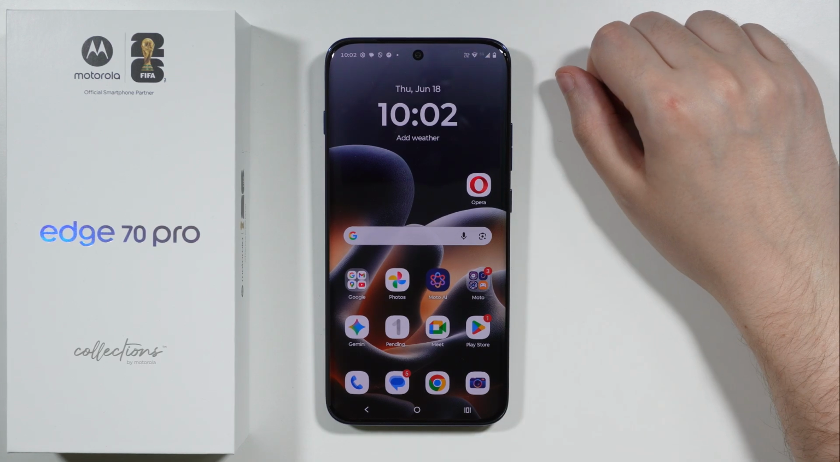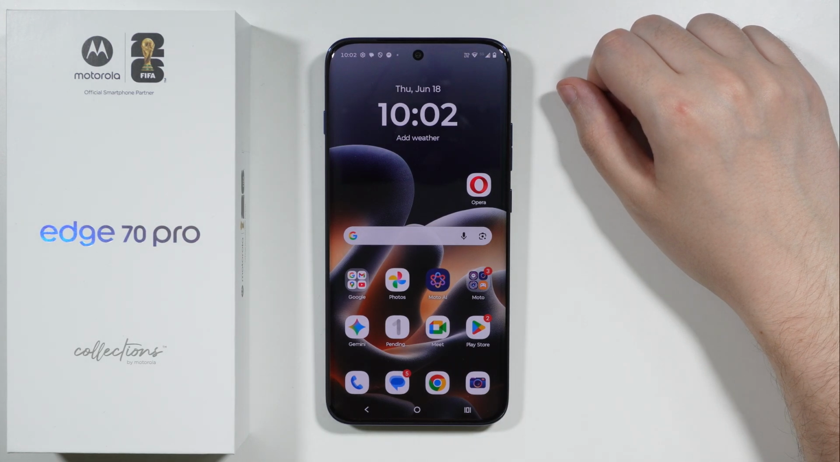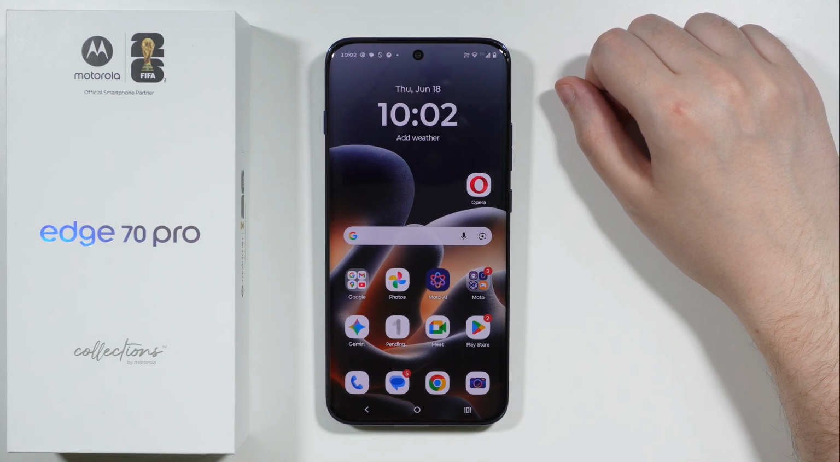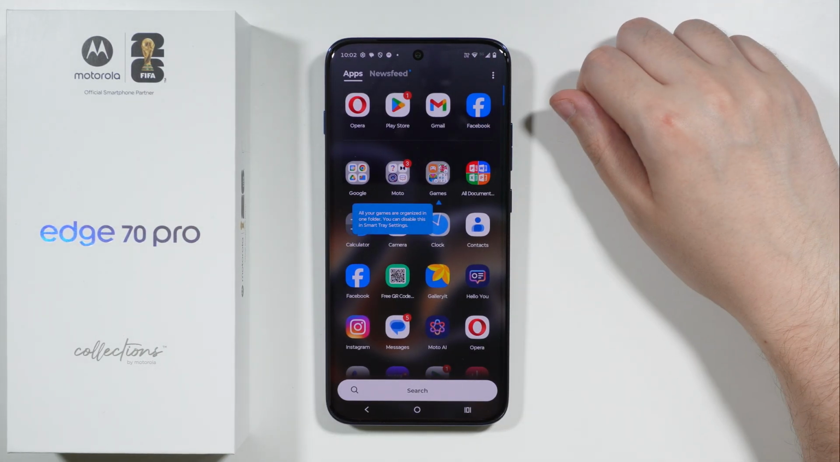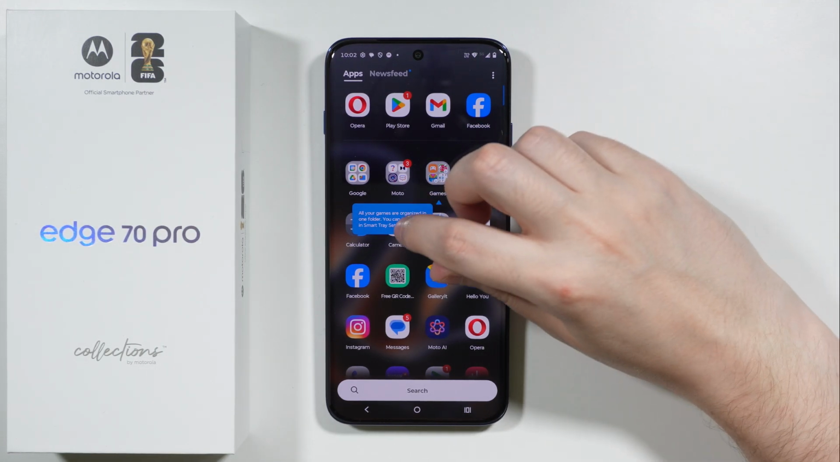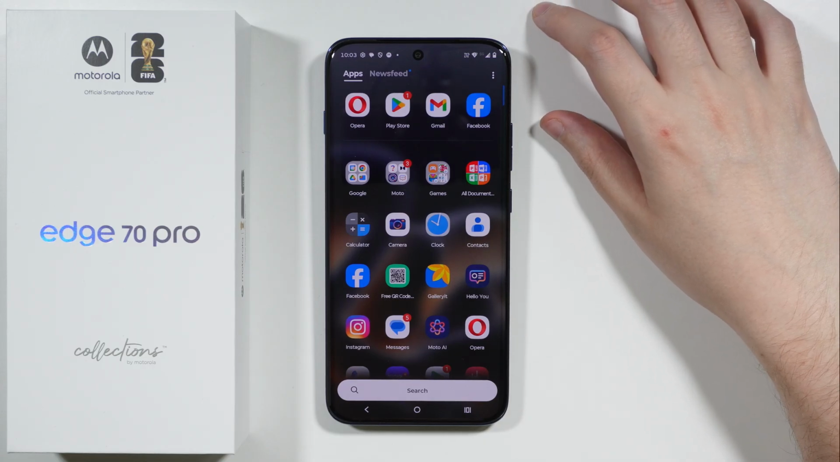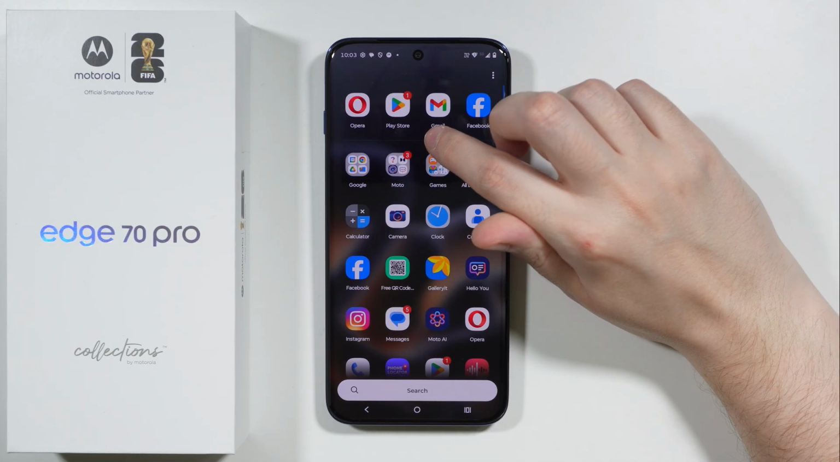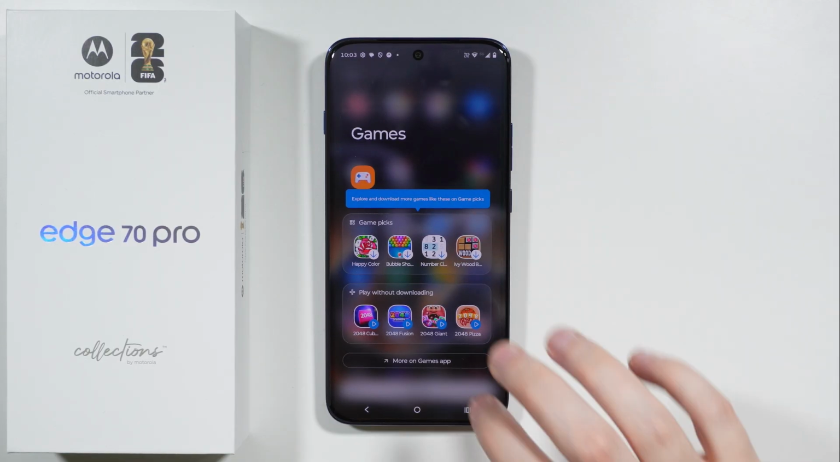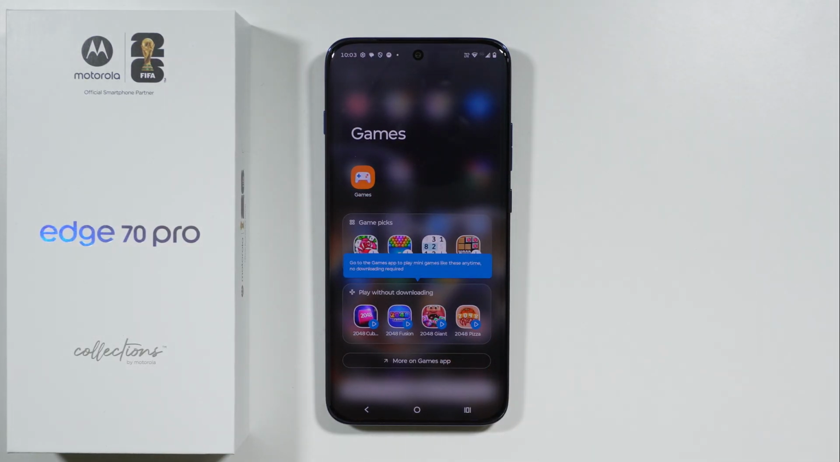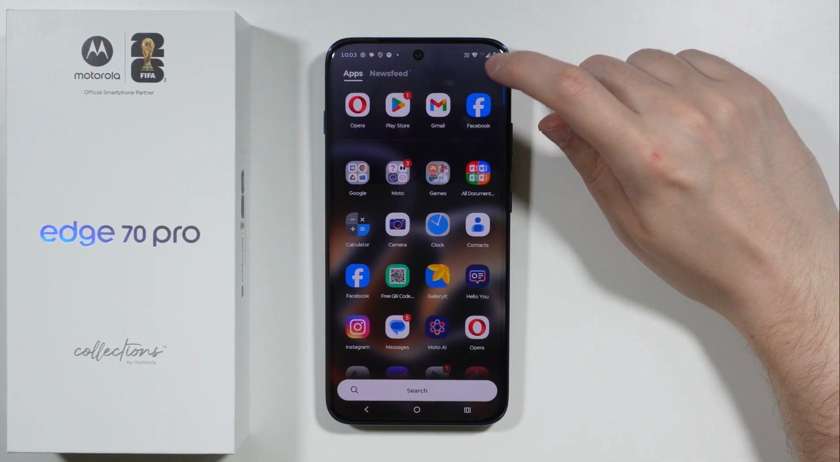If you are wondering if we have bloatware on the Motorola Edge 70 Pro, then the answer is unfortunately yes. There are a couple of different apps that are pre-installed for you right after the initial configuration. For example, we have a bunch of different games over here that are accessible pretty much immediately. It's not like they are actually installed, but this folder can be seen as bloatware, which we can actually disable